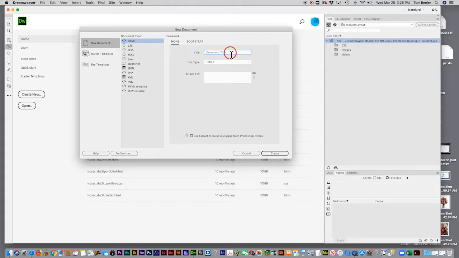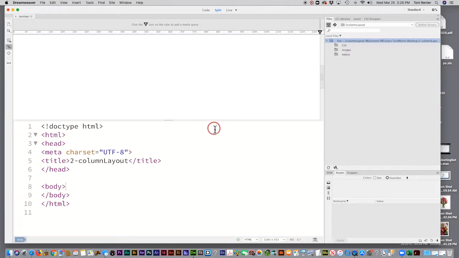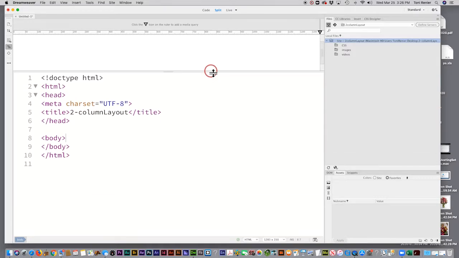I'm going to call this my 2-column layout. So you would just give it a name. And then for this particular video, I'm just going to go ahead and say create, and there we go. So now to describe to you what this means, with the exclamation mark, doctype, a space, and all your spaces and all of your different symbols that you might use, like an equal sign or a quote and so on,